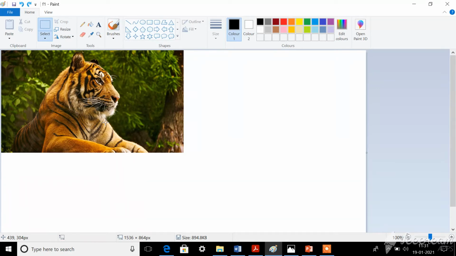Okay, so this is the image of a tiger, isn't it? It is not necessary that you have only a tiger image. You can have any image from your desktop, from your computer. Okay, dear children, now I have taken a picture of a tiger.